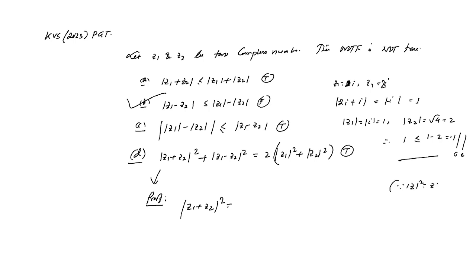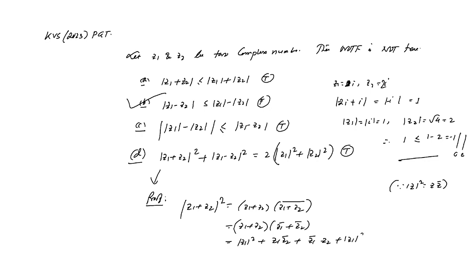Mod z square equals z into z bar. So that means (z1 plus z2) and (z1 plus z2) whole bar. So (z1 plus z2) multiplied by (z1 bar plus z2 bar). You just apply the distributive law, and you will apply this formula again. You will get this will be mod z1 square plus z1 z2 bar plus z1 bar z2 plus mod z2 whole